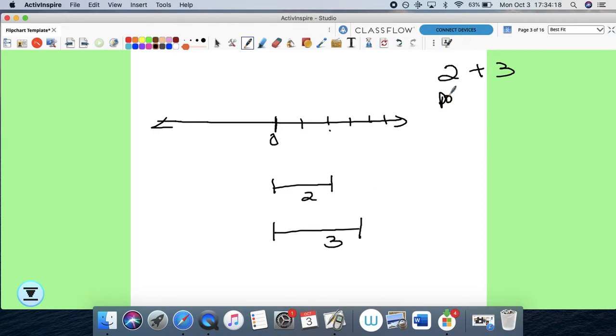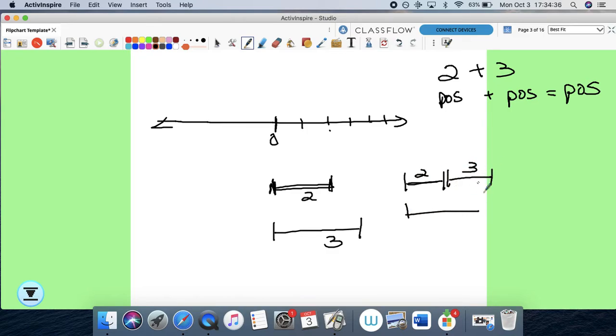Now this is a positive plus a positive. We all know it's going to be a positive, and you're further to the right of the number line, therefore increasing your value, right? But what am I doing with these two distances? Am I putting the 2 and then putting the 3 next to each other and getting it combined? So the 2 and this is 3, and then combining those two distances, which in this case is what we want, right? 2 and 3, which equals 5. Or am I doing 2 and this is 3, am I subtracting one from the other? So if I have 3, am I taking away 2 and then I have this one left? What am I doing with these two absolute values? In this case, because they're both positive, we're combining those two, even if they were negatives,